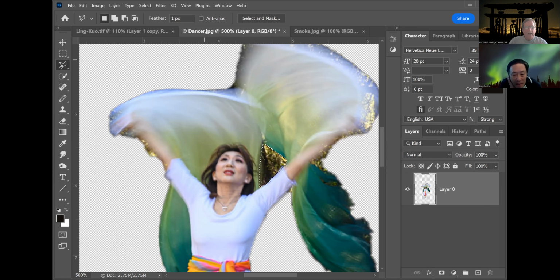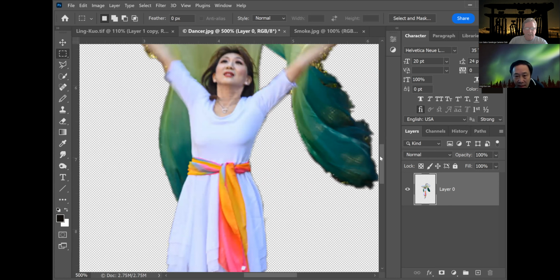And I have a feather of 1 because this is a fairly soft image. For your high res, you may want to use 0 or you can try 1 and see what it looks like. Then hit the delete key to remove it. So when it did the selection, you can see there's some shadow under her arm and other things that you don't